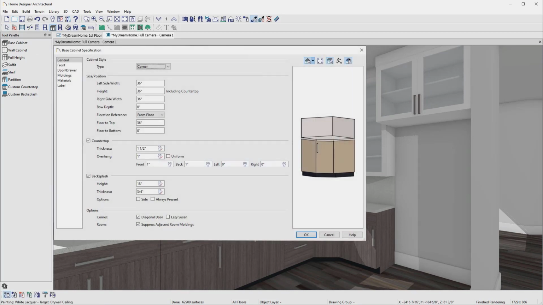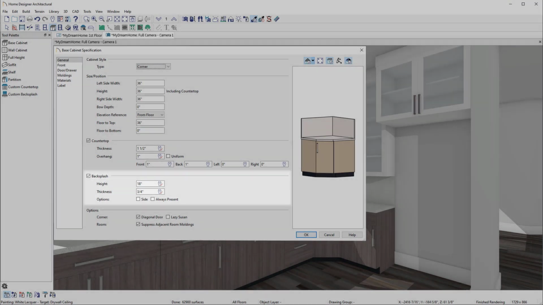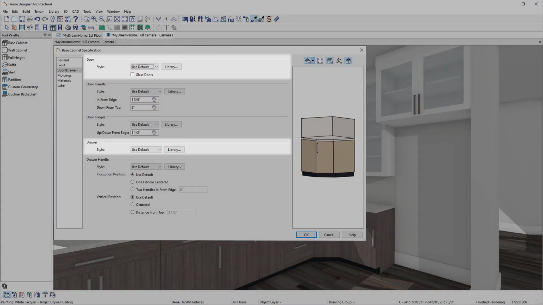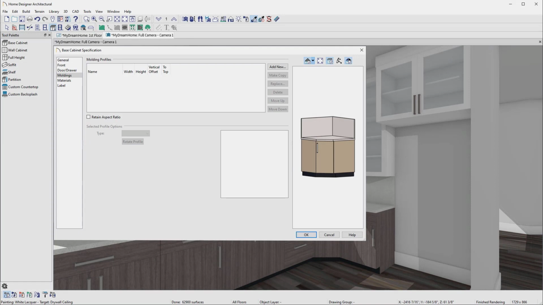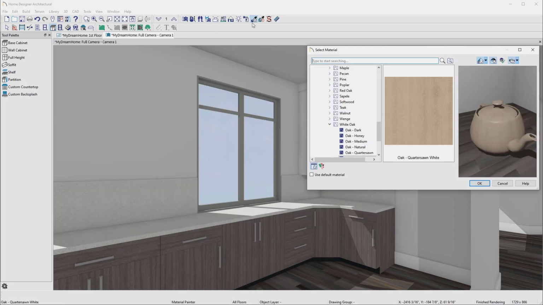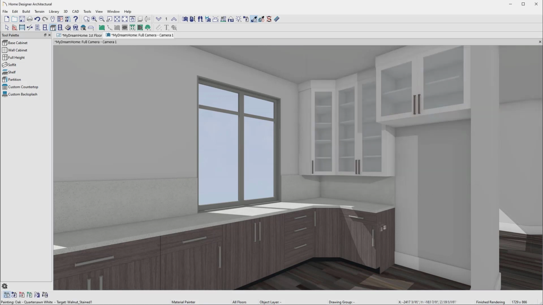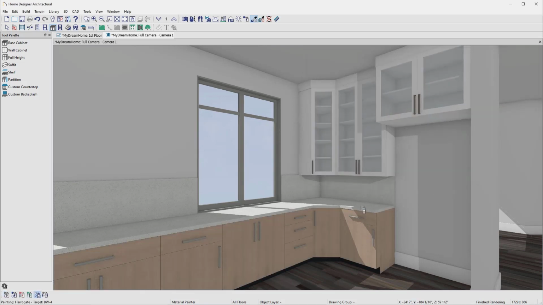Depending on the Home Designer program you have, there are a number of settings that you can define for the cabinets, including sizing, countertops, backsplash, door and drawer styles, moldings, and several other options. Now, let's have some fun and change the cabinet colors. The Material Painter allows you to change the color and material of any object in your design. Cabinets, countertops, walls,